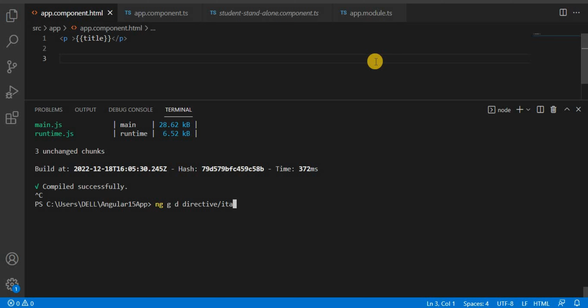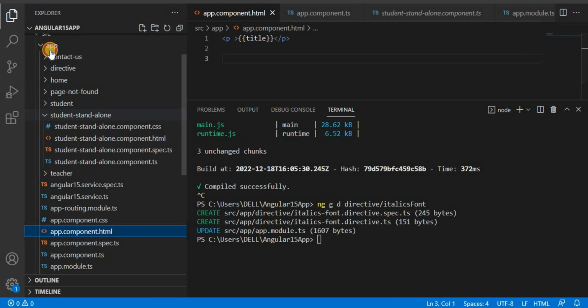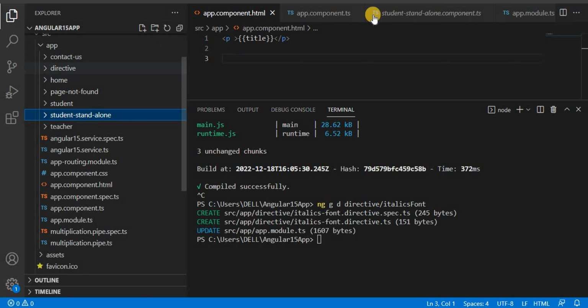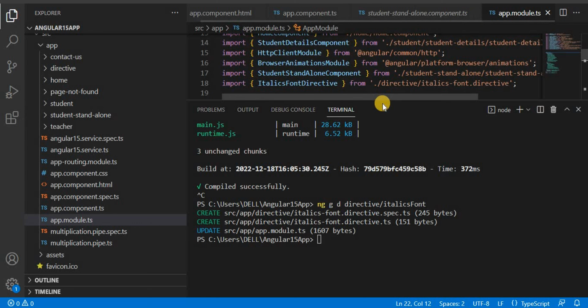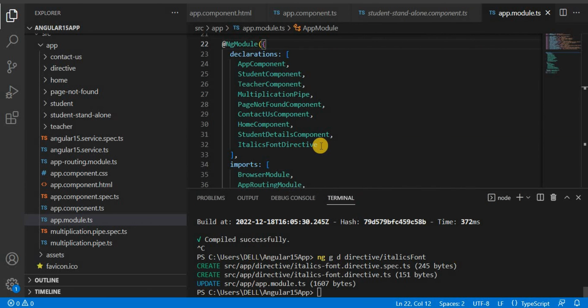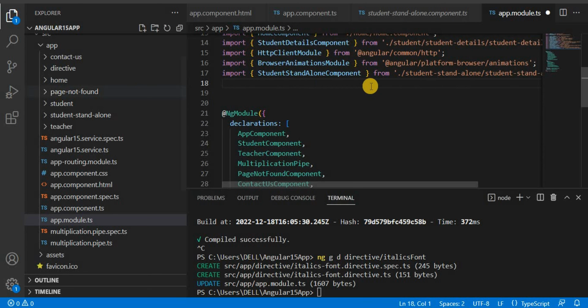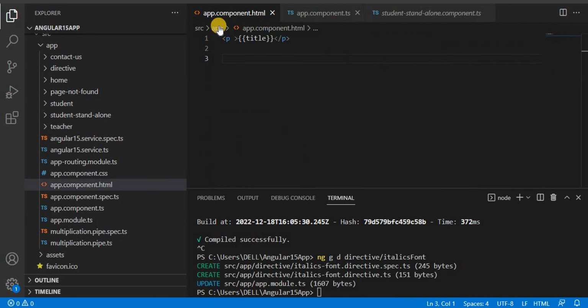So here I'm going to make italics font. This is the one directive I'm going to create. Oh, we missed that we have to create it as standalone. As of now, we didn't create it as standalone. We can see it created the directive, and it was even added into the app.module.ts file because we didn't create it as standalone. So let's get rid of this from here and this reference as well, and let's make this directive